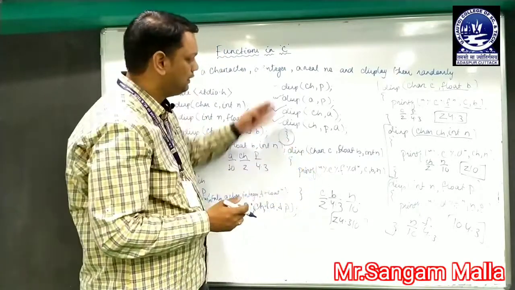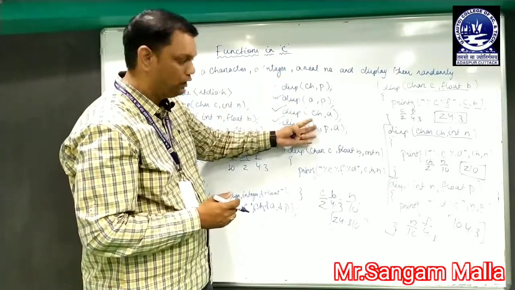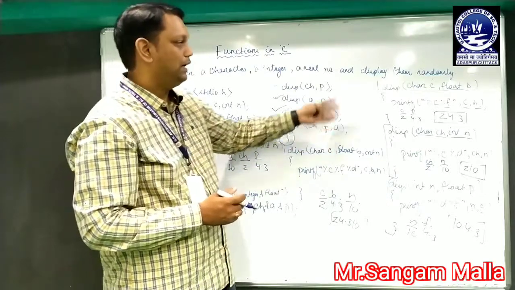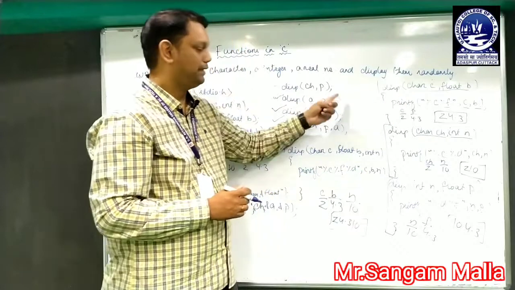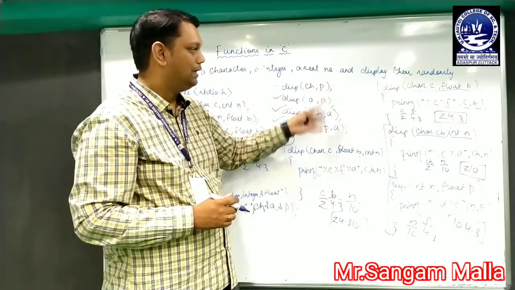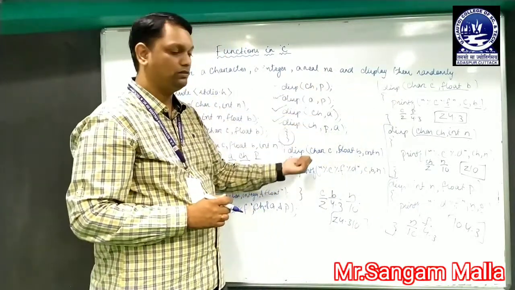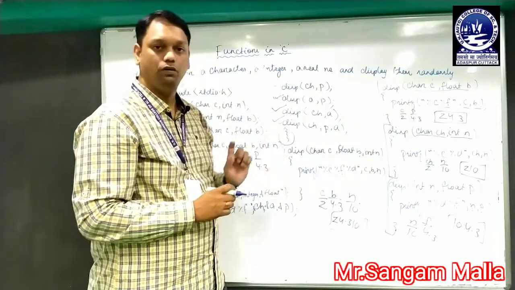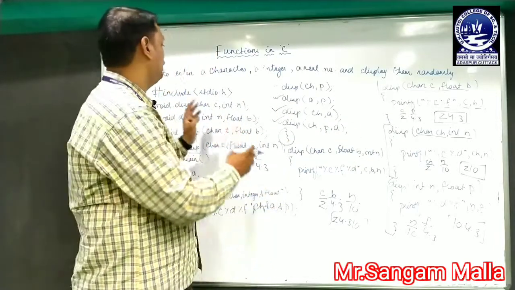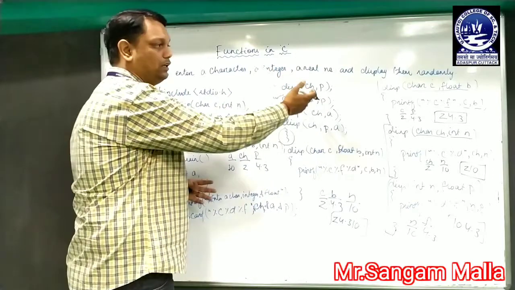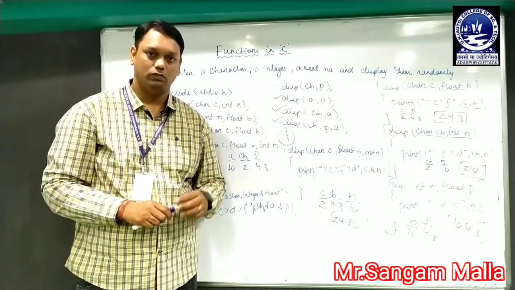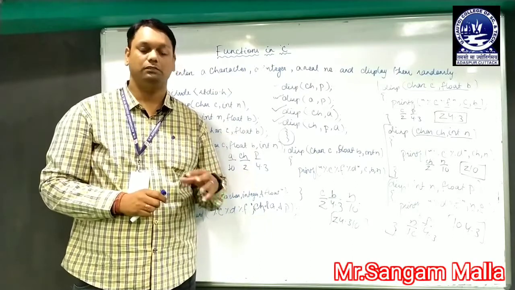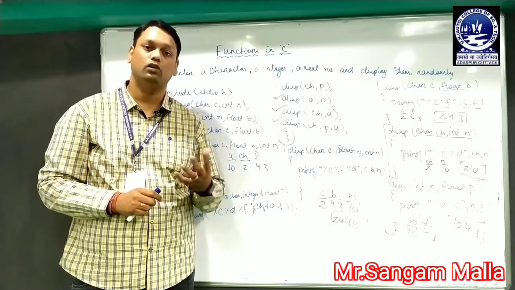So the called function will exactly hold the values as they have been passed. Here you can see I have passed values of different data types, and I have also declared different display functions with different data types and different orders, and those functions will hold these values and perform accordingly. So this is all about entering a character, an integer, a real value, and we can print them randomly. I hope you have all understood the second category of function, that means a function accepting values but not returning any values.